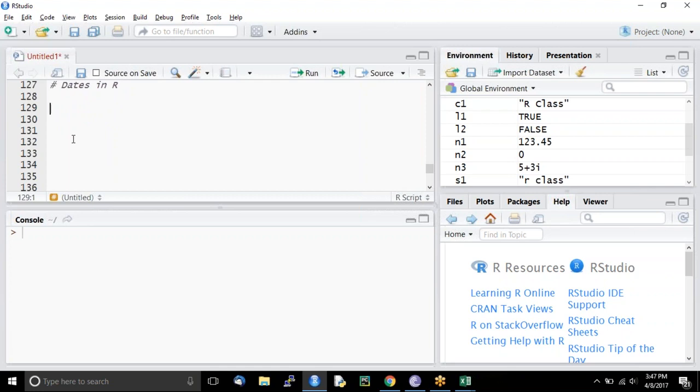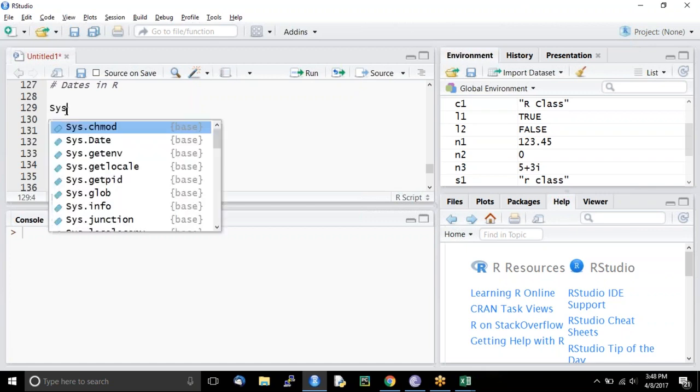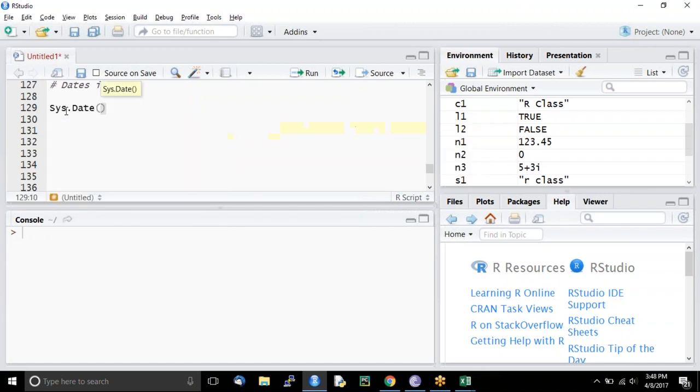Let's first start with the function that can get us a date. So let's start with a function that can get my current date. So it's Sys.Date, with S, D capital, Sys.Date. So it gives me system date, present date